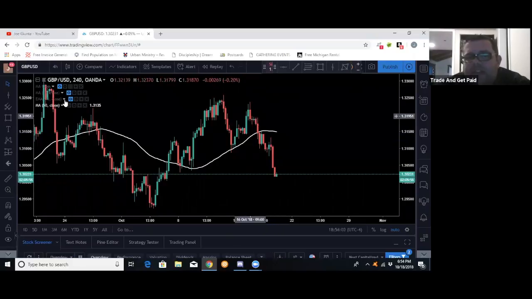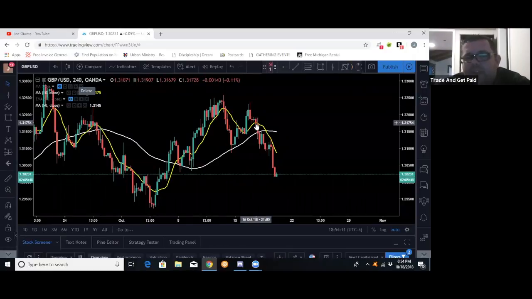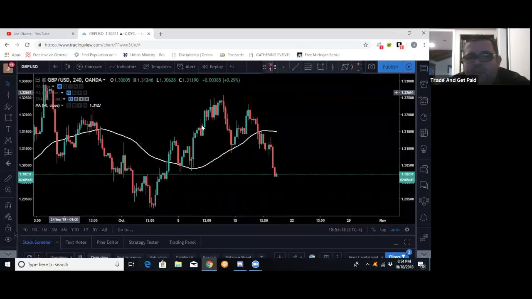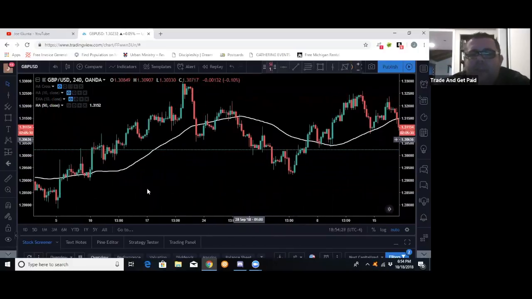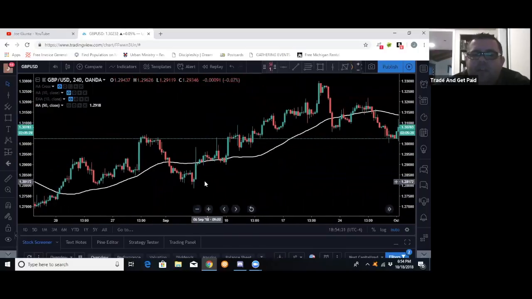Now, if this was a 10 moving average, which way would that be pointing? A 10 moving average, man, this is a straight downtrend. We're talking about a hardcore downtrend. But the 50 moving average really hasn't been affected as harshly. So here's the thing about a higher time frame moving average. You're going to get a very clear picture of your trend. When you use a higher number on your moving average, let's say 50,